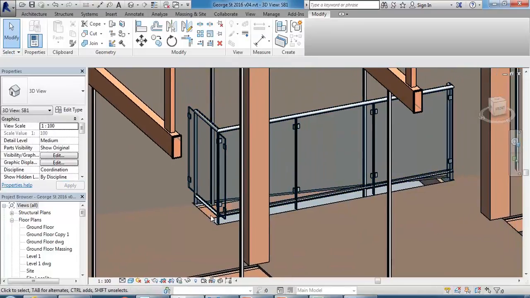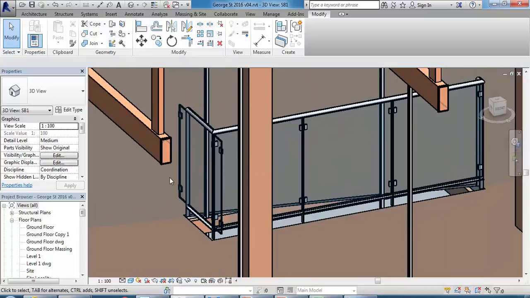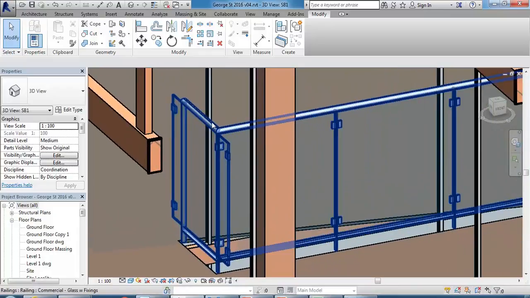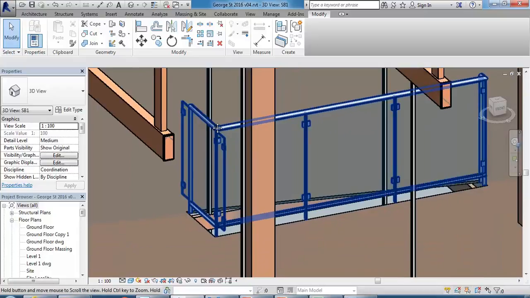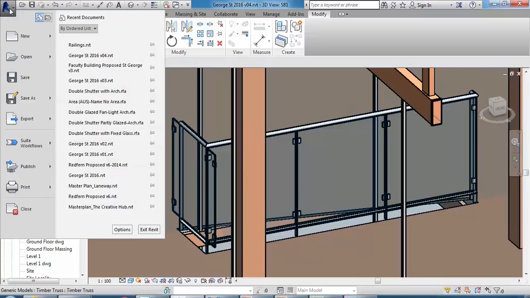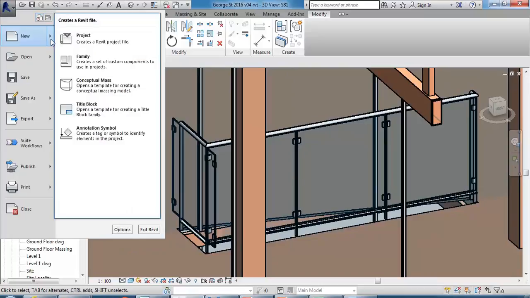So what I thought I'd show you is how you can make your own from scratch. So especially for things like plain glass, or I even can do glass with a handrail on top. It's much easier to make your own from scratch usually rather than trying to edit those existing families. Even though you can edit them, it's usually more trouble than it's worth. So to make a plain glass panel, like I said, the best way is to make your own family. So if you go and make a new family,